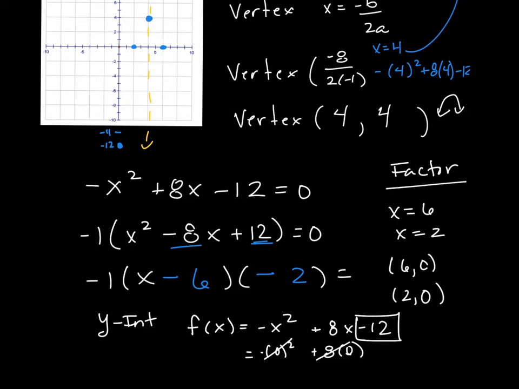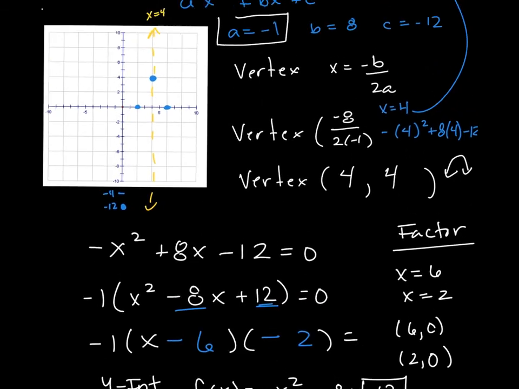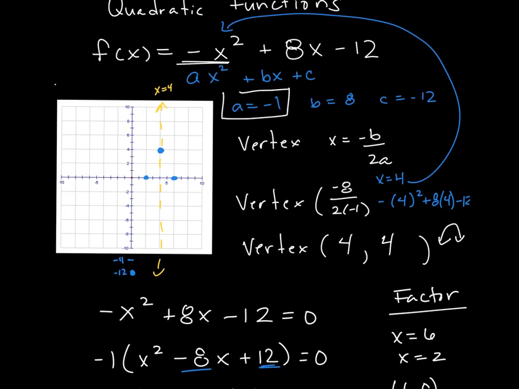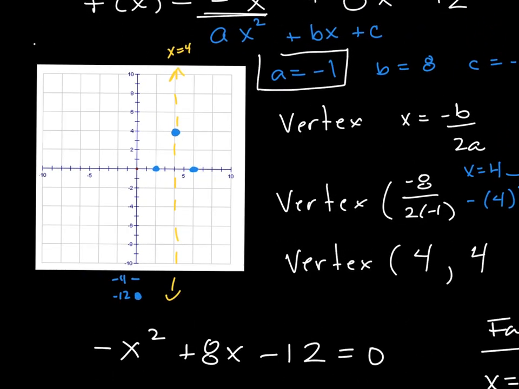So let's go back up and finish graphing this and talk about the domain and range of this. So let's go ahead and graph this. All right, so there's the graph. The domain of the parabola is going to be from -infinity to +infinity because all values can be used for x. The range